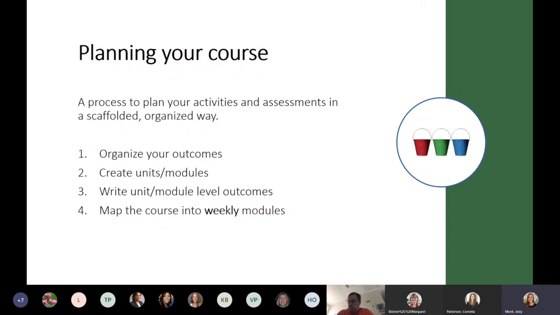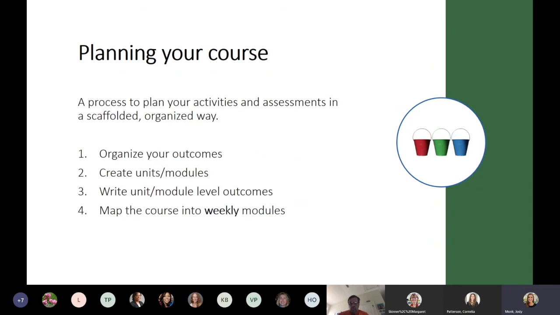So sit down with them, take a look, and say, are there any skills, knowledge, abilities that students get from one of these outcomes that need to come first? So is there something that I have to present first to my students? What pieces can come next? And then where are those higher level outcomes that I want to save towards the end? So your first step is to take a little time and organize and almost kind of number and sort out your outcomes so that in your head, they make logical sense for your learners.